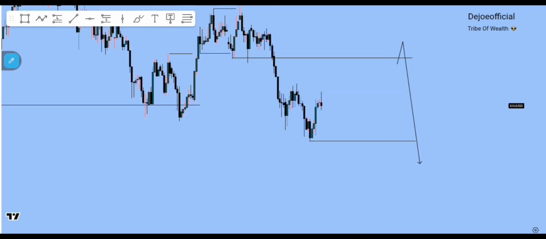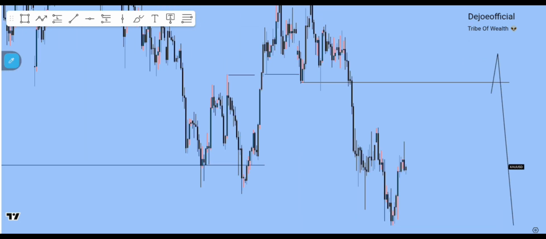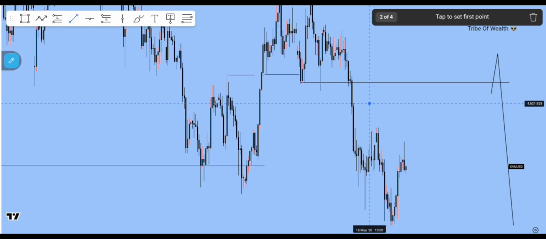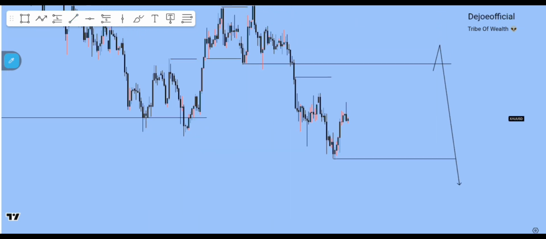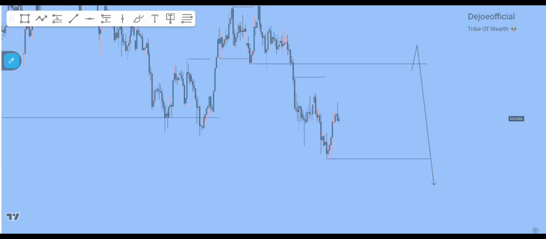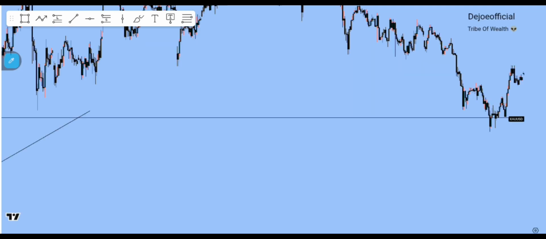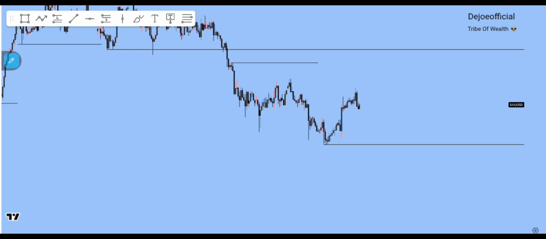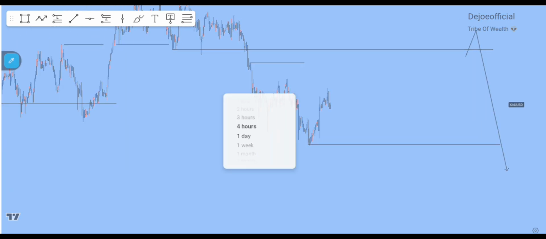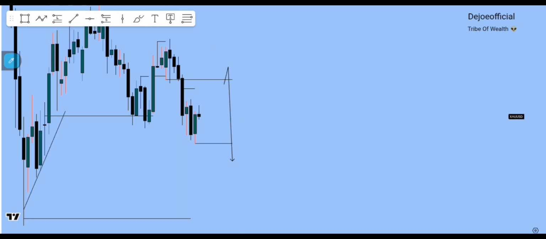So let me go to the 3 hours time frame. The 3 hours time frame is also a valid zone. This is the phase where my liquidity was formed on the 3 hours time frame. So I'll wait for price to come into the zone. Then on the 2 hours time frame, also the same thing, another block. On the 1 hour time frame, nothing much, also the same thing. So this is my view, my overall bias on XAUUSD.